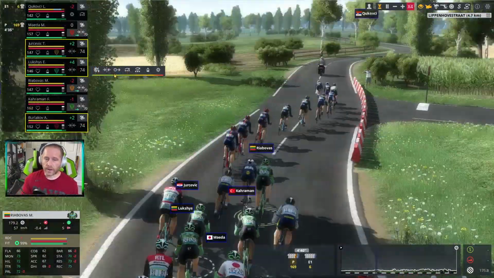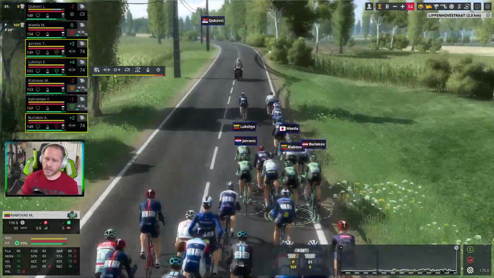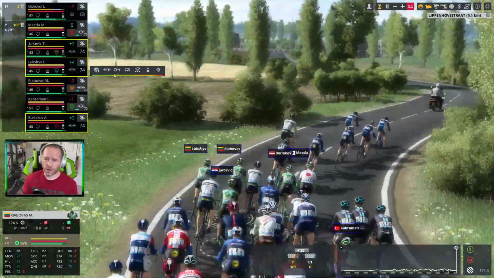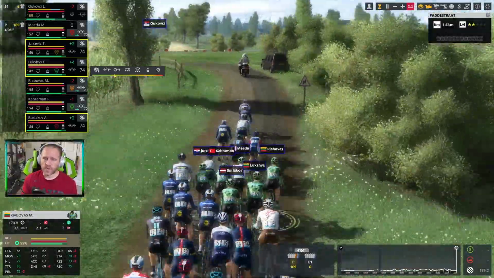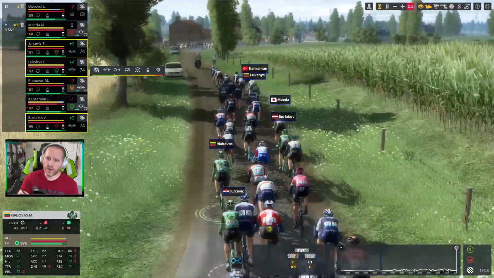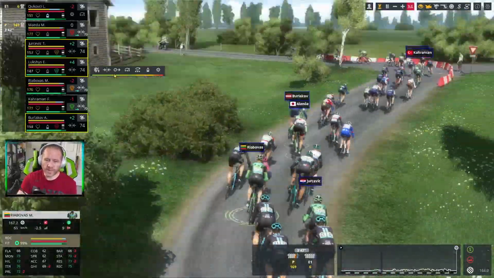Alright, so we are at Ronde van Vlaanderen, Tour of Flanders, and this is the cobbled classic that climbs. It is such a hard race. This is perfectly suited to Wout van Aert, Mathieu van der Poel, who are climbers with great cobble ratings. This is a super hard race. This is the race that we need our best cobbled guy, our one and only good cobble rated guy, which